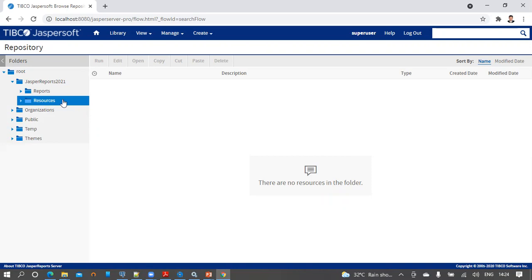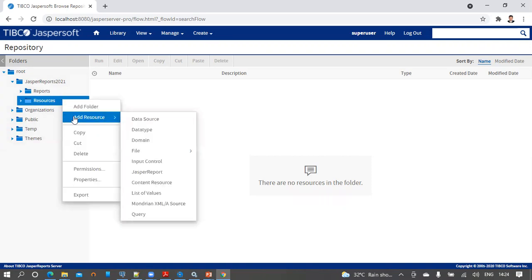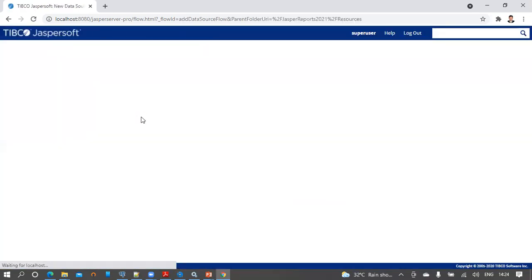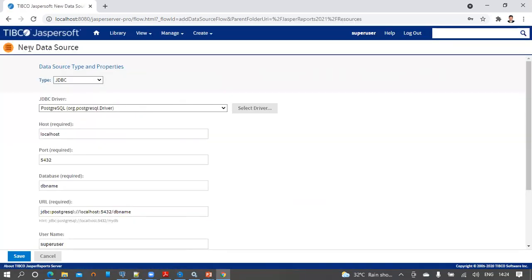For that, select the resources folder here, right click on it, and then click on add resource, and then select the data source option. On the new data source page, by default, the JDBC driver is taken as Postgres.